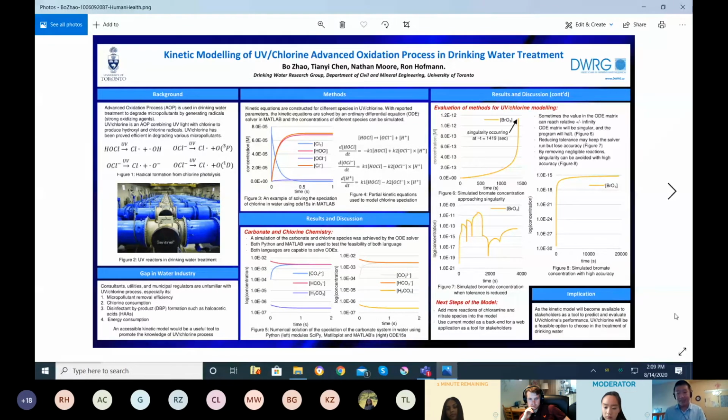But basically it increases to positive and negative infinity, which halts the progression and accuracy of the model. One temporary band-aid solution we had to have the model progress towards the end was to decrease the relative tolerance of error, which, although it allowed the model to progress from beginning to end, was not very accurate, as seen in figure 7, where it was concaving up and concaving